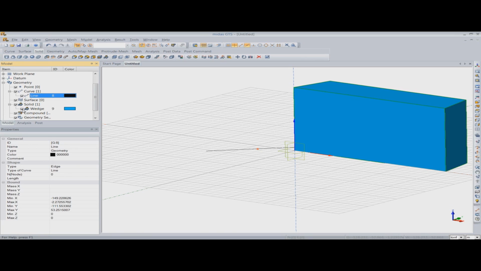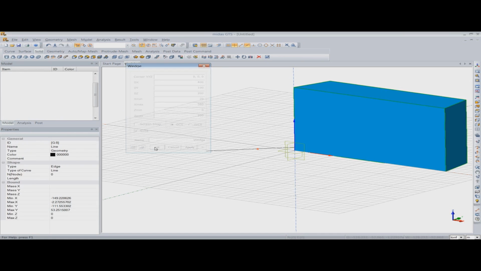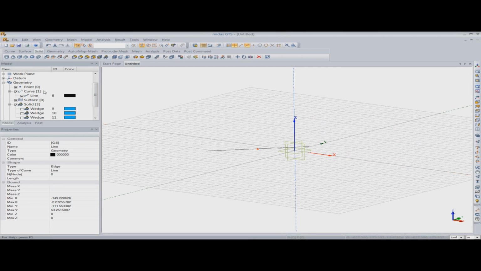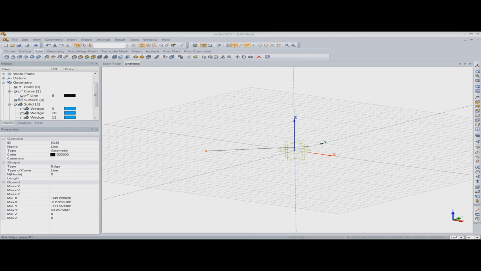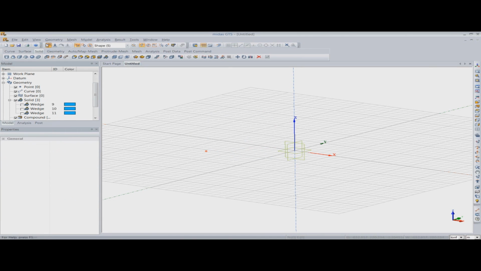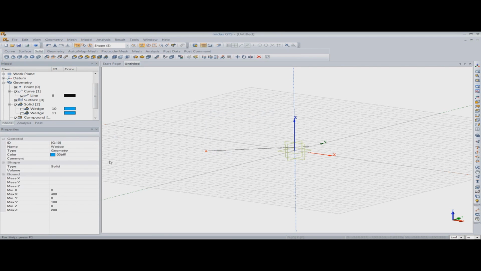If you want to hide a part of the model, let's say I want to hide this solid, I can just uncheck this button and the solid will be hidden. So here this is the solid that we have, and if I want to hide the solid, then I can hide the solid. If I want to see the solid, I can just check on the solid. If I want to delete anything, I can just hit the delete button and then it will be deleted. So here you can check on delete and you can delete it. Also you can hit the delete button on the keyboard and you can delete it.